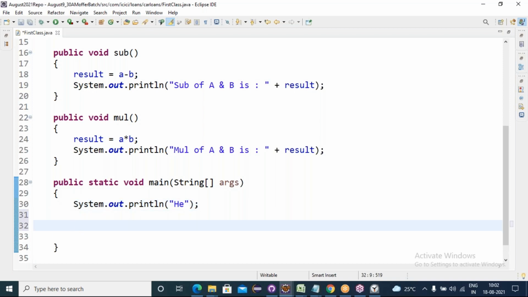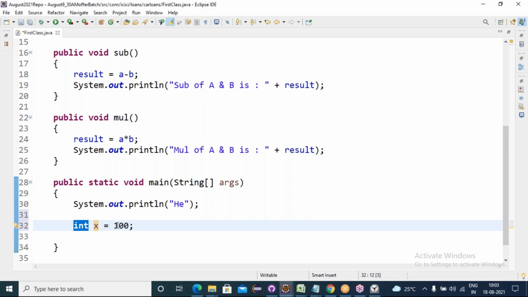Before creating the object for a class, to help you understand better, how do we create an object? Okay, int x equals 100. 100 is an integer object, and I am storing this integer object into the x variable. The type of x is int, because the object is an integer object.